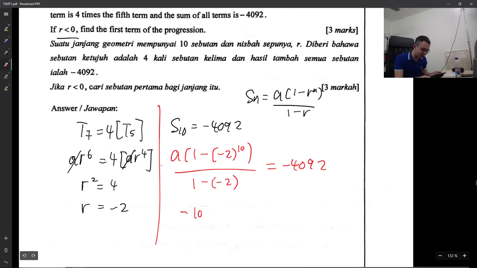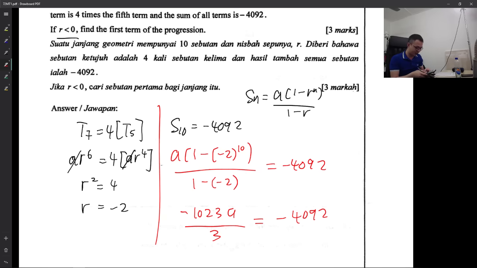I get negative 1023a over 3 equals negative 4092. So 4092 times 3 divided by 1023. Yeah, a should equal 12. Alright, so